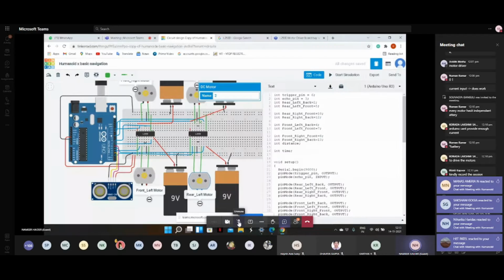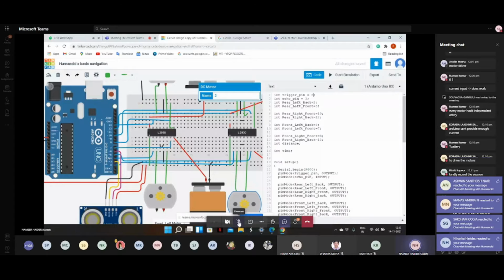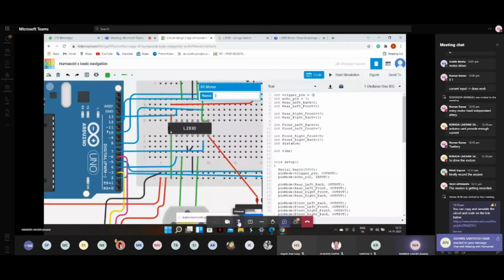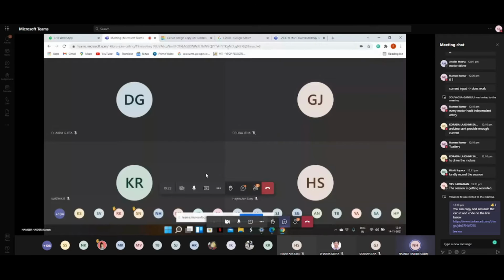Do you know why this asterisk sign is shown here on the pins? Is it just for some decoration? Is it visible to all of you? Why is this sign shown over here? Is it just for decoration purposes? They can also be used for analog. No. Does anyone know why these pins are used? Why is this sign used here? PWM pin. Yeah, good. Who said that? PWM pins. Yeah.